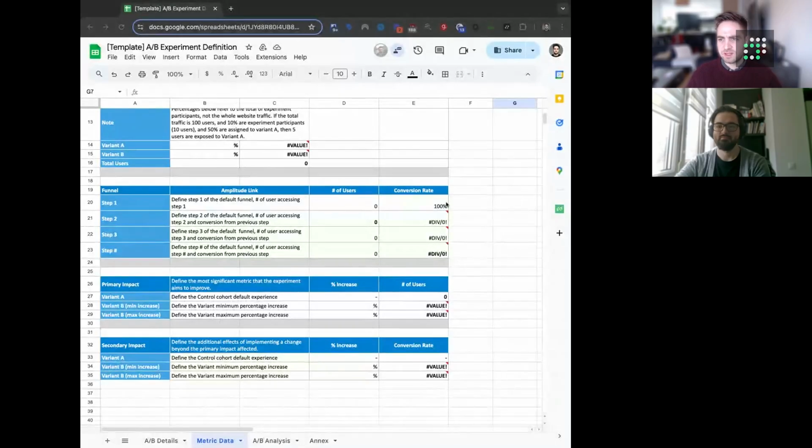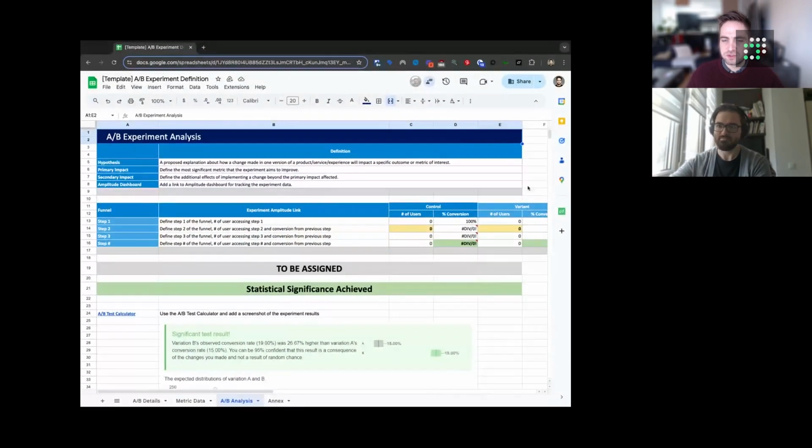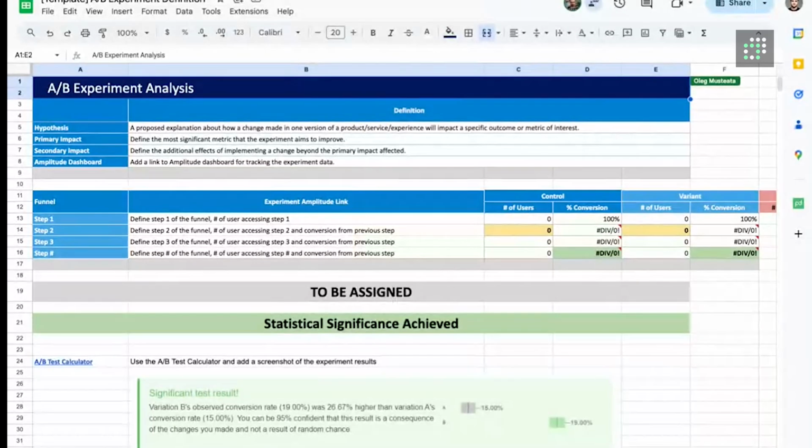Cool. Let's jump to analyzing the experiment results. Because we're coming up on time as well, I'll share screen again and we can go back into the template. So what happens if we have the results, how to work with the results, and how to get started in the analysis? This specific part of the documentation is, I would say,